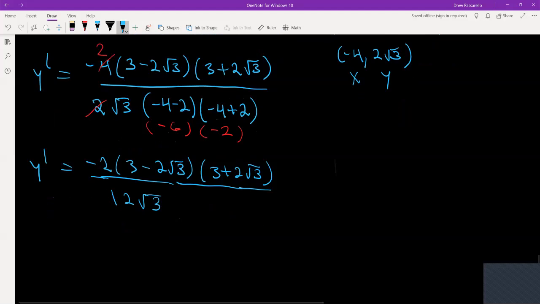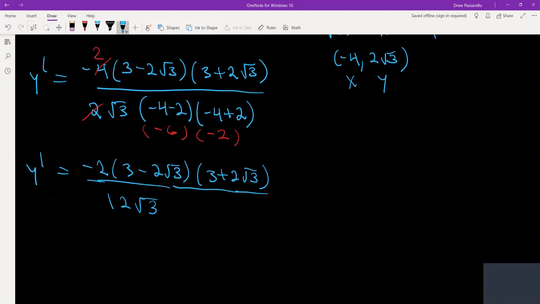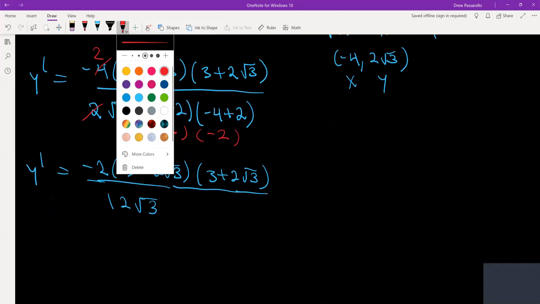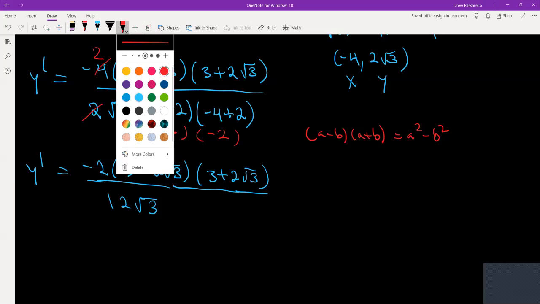And then I would FOIL the top part. So maybe all that factoring was a little excessive, but I went ahead and did it. So I'm just going to FOIL this. Now notice I have a minus and a plus. That's the difference of squares part, and our difference of squares, a minus b times a plus b is equal to a squared minus b squared. And so like our a is 3, our b is 2 square root of 3. All right, so this will equal